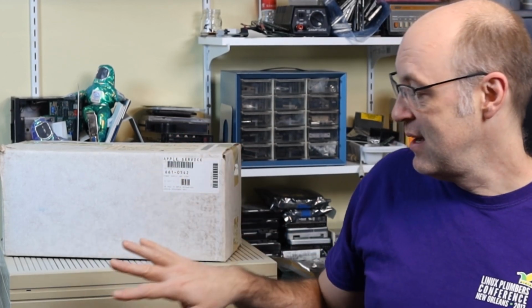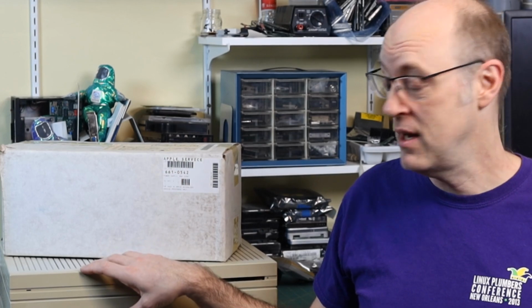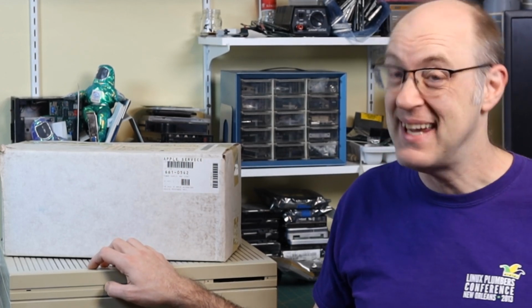Well, now that I've opened up the box and have revealed the mysterious replacement power supply, it's time to open up the computer and dig into it and see if I can actually get this thing working. I want to believe that this is going to be just a quick, easy power supply replacement, but my instinct tells me,